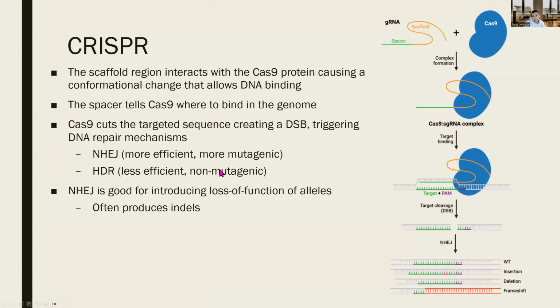So that can be helpful for you if what you're trying to do is disrupt the gene. If you're trying to break it, to put an insertion or a deletion in there, non-homologous end joining is very good at producing those indels. But if you are trying to specifically edit a gene, i.e. modify the target so that there's a mutation in there or insert something, then you don't want non-homologous end joining. Instead, what you want is HDR,